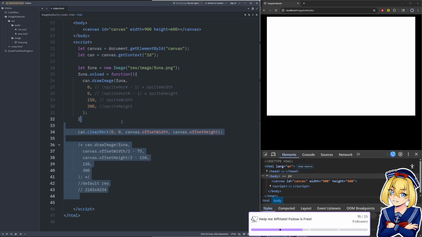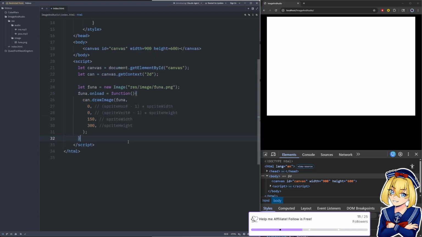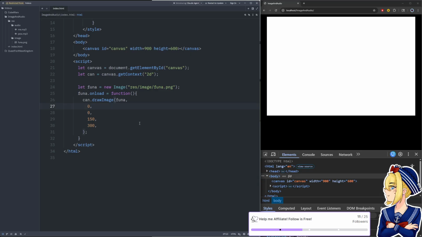And we can delete all this stuff because we're only doing this once. And we can delete these comments because they no longer have to do with what we're talking about. Okay, so we're going to draw Funa at 0, 0 with 150 width and 300 height.